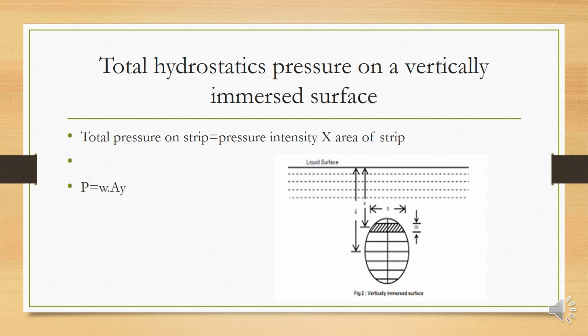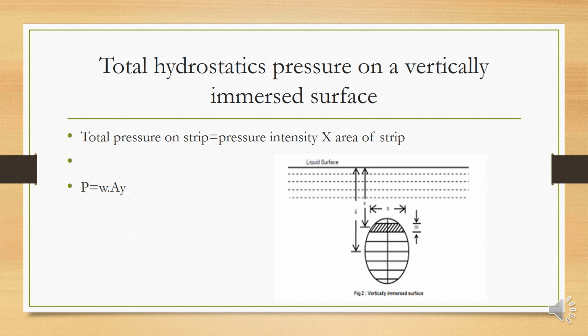Let A be the area of that water tank. Total breadth into the area of the pressure diagram. And now the area of the pressure diagram up to the CG is half into omega, the center of gravity, where y is the depth from the liquid, by breadth. Consider a strip of thickness dy and width omega h square by 2. If you find the intensity of pressure on this strip and integrate, you obtain the total pressure on the strip. We get the total pressure formula on the immersed surface: omega h square upon 2 multiplied by b.